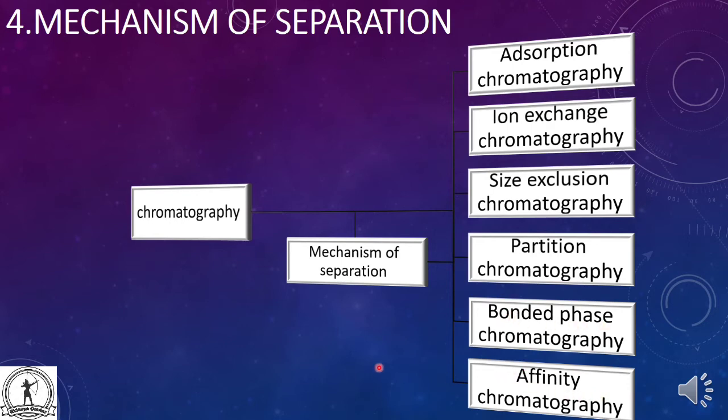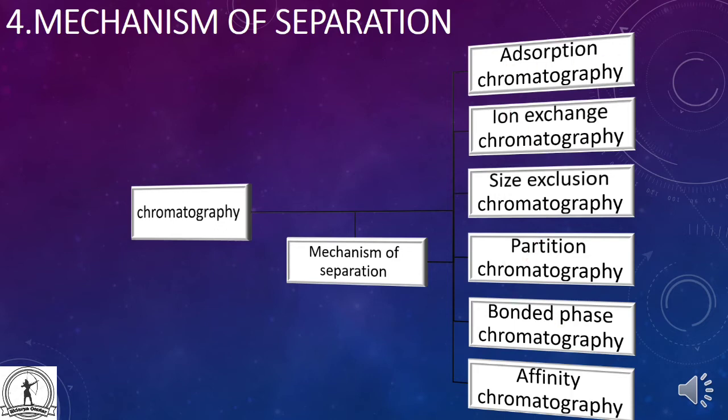Here there are three techniques that can use both planar and column, but there are a few chromatographic techniques which can only be used in column for separating our components. Techniques 2 and 3, ion exchange and size exclusion, are always possible in column, but these two you can always have both, that is column and planar. It is size exclusion and partition. Partition chromatography is the only one which is based on the distribution. Let's talk in more detail.